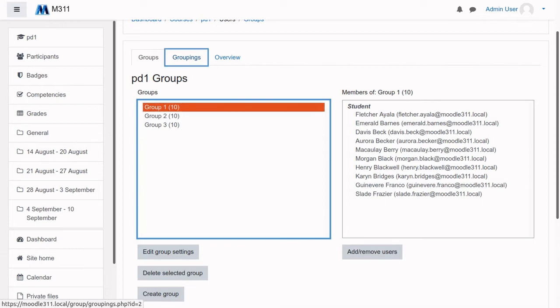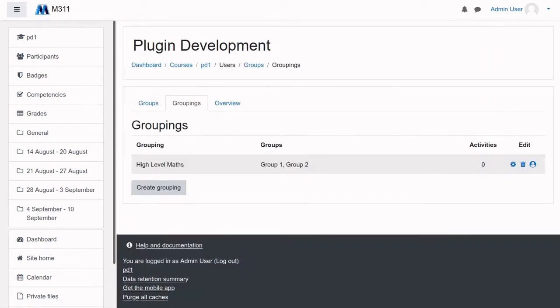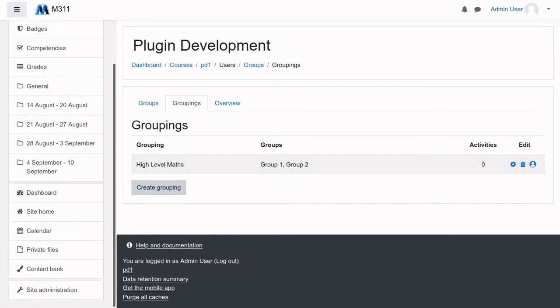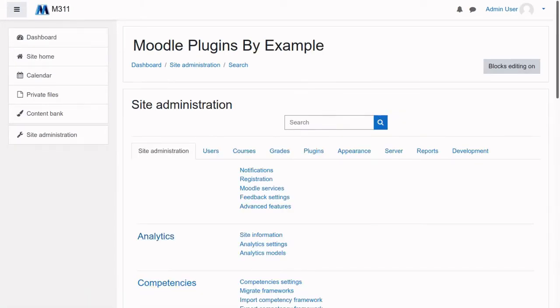And then we have a concept of groupings, which is basically a group of groups. So this high-level maths grouping has 2 groups in it, group 1 and group 2, and you can manage access to activities and what have you with the groups. There is another way that groupings work in Moodle, and that is via cohorts,